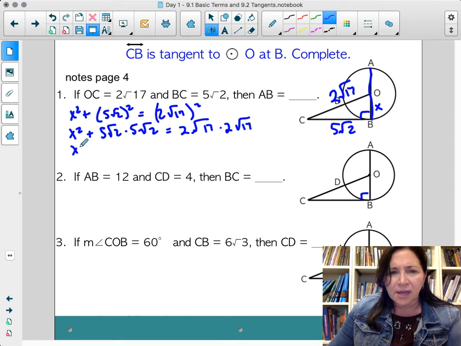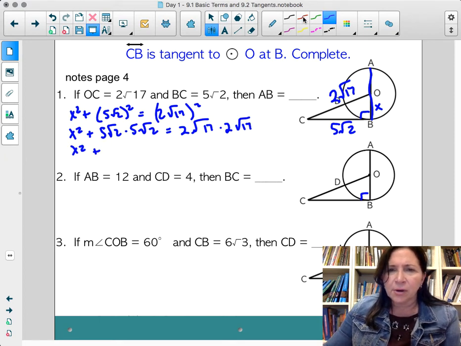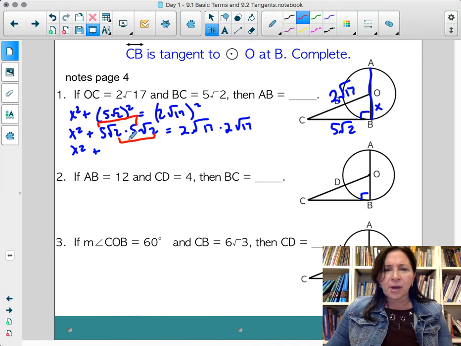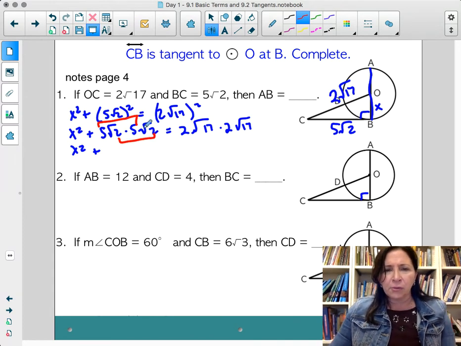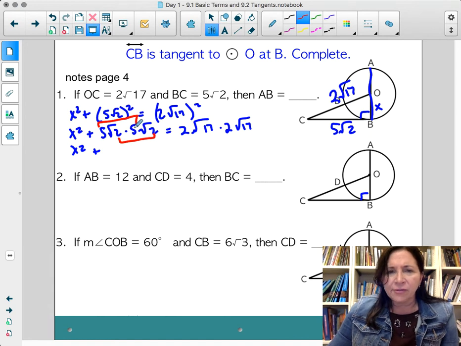So this is going to be X squared plus, now remember, numbers get multiplied with numbers, so 5 is going to get multiplied by 5. And root 2 is going to be multiplied by root 2. Numbers get multiplied by numbers. Roots get multiplied by roots. So 5 times 5 is 25. Root 2 times root 2 is root 4, which is 2. So I've got 25 times 2,